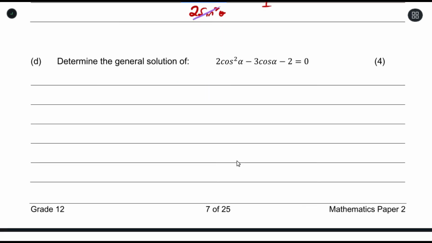So this question says determine the general solution of 2 cos squared alpha minus 3 cos alpha minus 2 is equal to 0. Looking at this, it is a trinomial, right? If you don't really see it properly, think of cos alpha as k. So if I write it like this, 2k squared minus 3k minus 2, that's something you can factorize. But we're just going to continue working with it as cos alpha. So factorizing this can be done like this. This is going to give you,